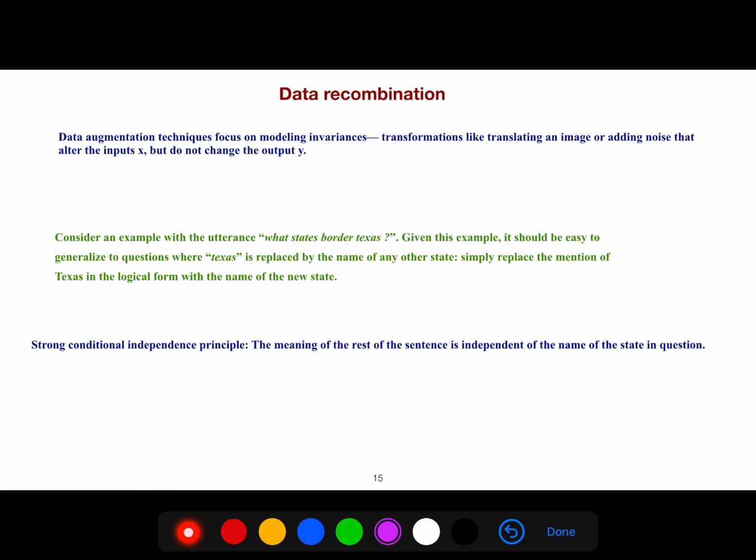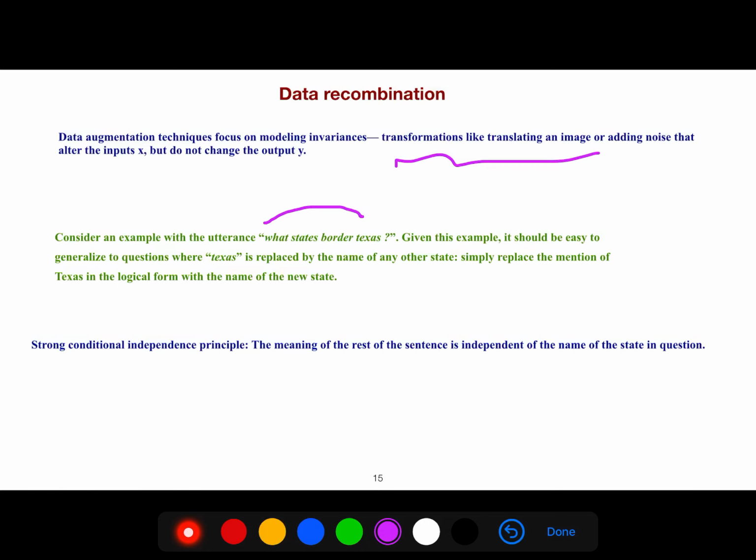So what is data recombination? As I said, data augmentation techniques focus on modeling invariances, like transformations such as translating an image or adding noise, that alter inputs but do not change the output. Consider this utterance: what states border Texas?